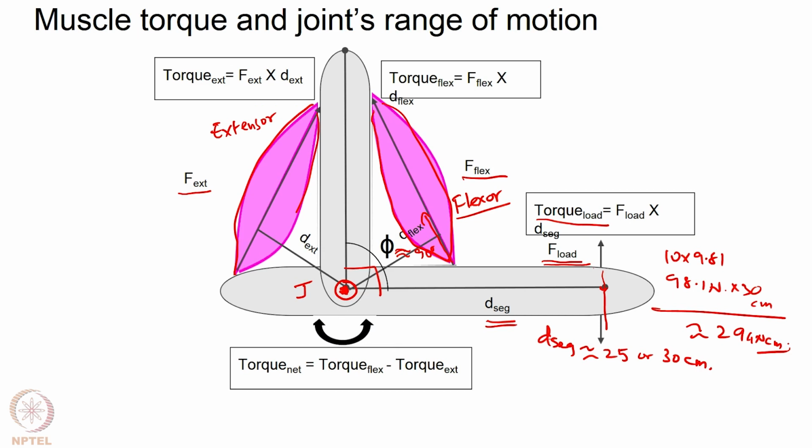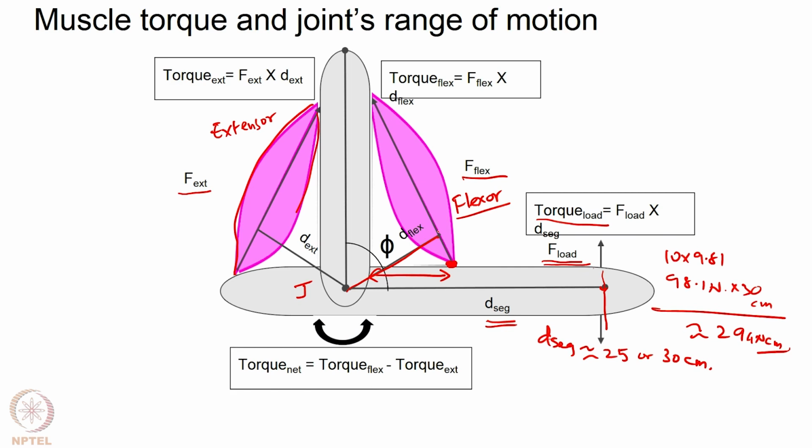Now, that is the torque that is being produced by the load on this system. Whereas, note the muscle is attaching at that point, it is not this distance that we care about. Let me erase this, so things are a bit clearer, right. This is where the muscle is attaching, but it is not this distance that we care about for the purpose of computing the torque, it is that distance.